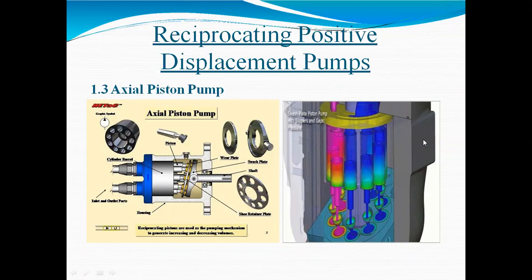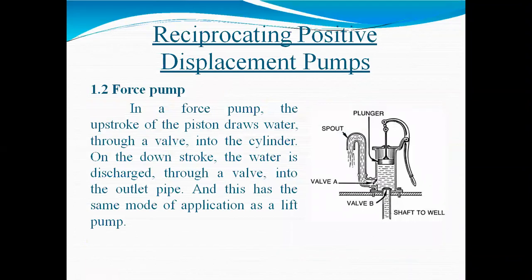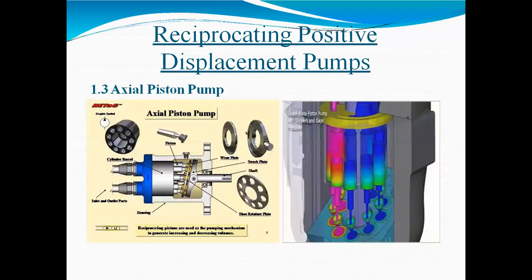ओके, त्या स्लॅश प्लेट मुळे काय होतंय, कंटिन्युअस अमाउंट ऑफ डिस्चार्ज मला भेटतो, because your reciprocating pump has a disadvantage: it will pressurize or supply the fluid in only a 180-degree revolution of your crank. Okay, so discharge of a reciprocating pump is not continuous, it is fluctuating. So to deal with that, this type of axial piston pump is used so that it will supply a continuous amount of discharge without any fluctuation.